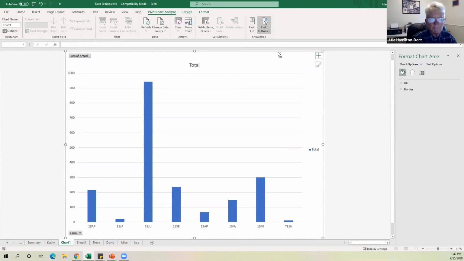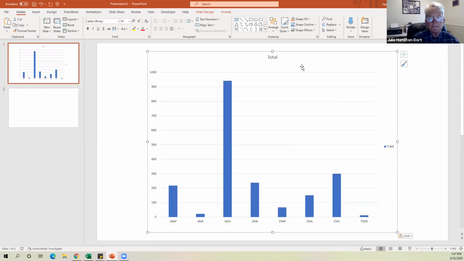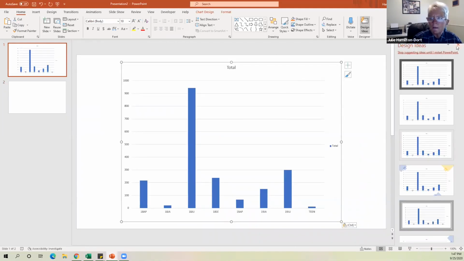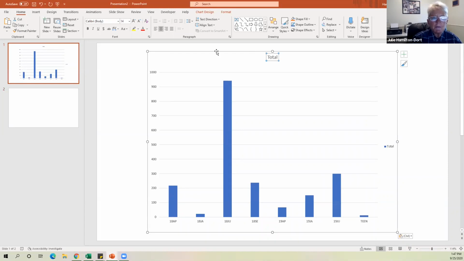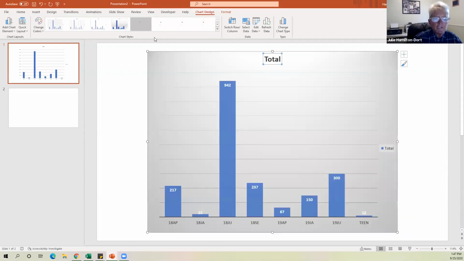grab my chart. I'm just going to copy that, and I'll move back to PowerPoint, and we'll paste that in. When I do so, not only does Design Ideas come up, but just like what you would see in Excel, you now have Chart Design and Format. So you can manipulate this in PowerPoint the same way that you would in Excel. As a matter of fact, if you're copying and pasting charts, not as a picture, but as a live document, so that when you manipulate the data in Excel, it updates in PowerPoint,